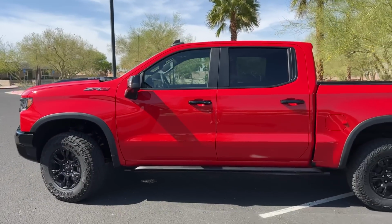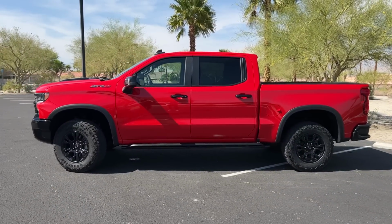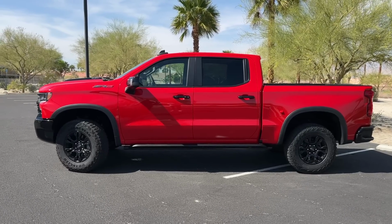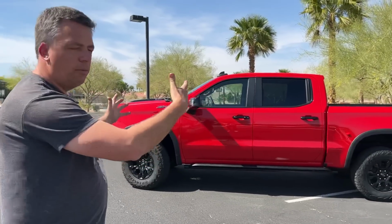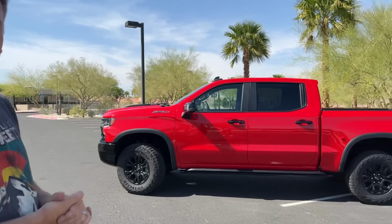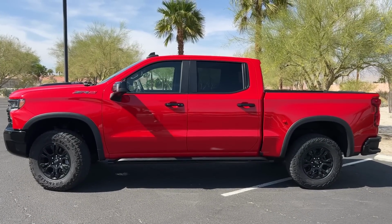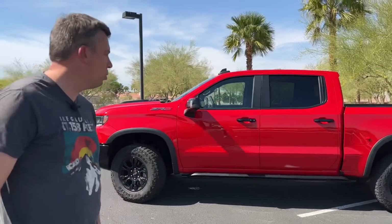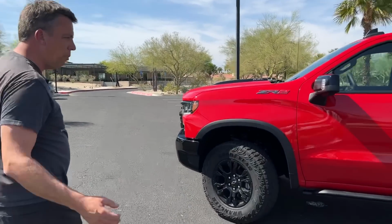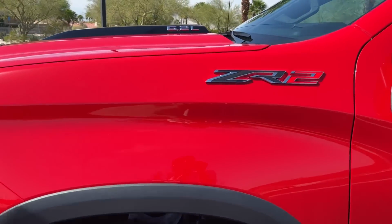So it's a crew cab. It's got a shorter bed, basically 5+ foot bed, not quite a 6-footer. So the length of this truck, it has a wheelbase of about 147 inches, which is standard for Silverado 1500, and actually comparable to the Ford F-150 and Ram 1500 crew cab, short bed trucks. But then a lot of similarities, of course, stop if you compare it with Trail Boss, for example, Silverado, because